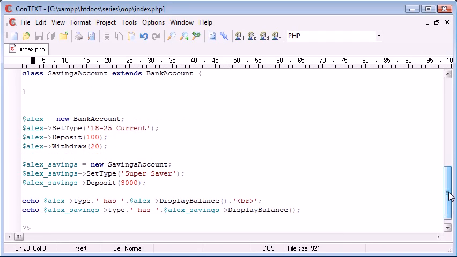And I've also given a short example, so I encourage you to play around with this, create new methods and properties inside your savings account and bank account, or whatever classes you're creating for whatever purpose you're creating them for. Play around and see what you can do and can't do, and I can guarantee that after you've got the hang of this, object-oriented programming in general will become a lot easier to